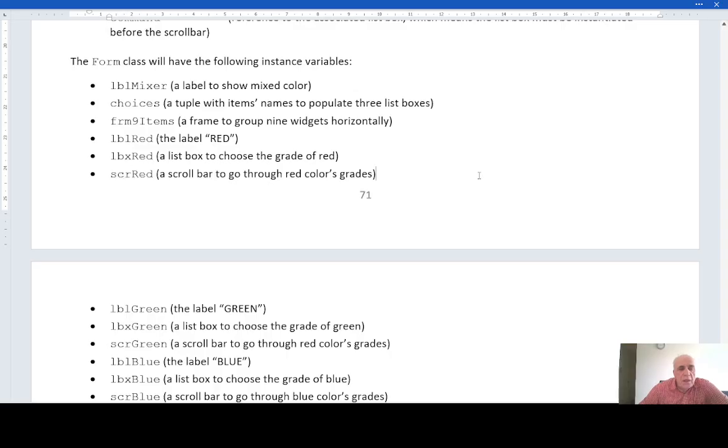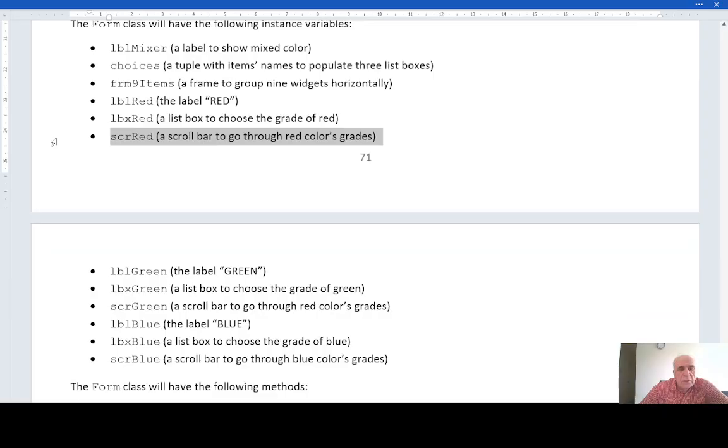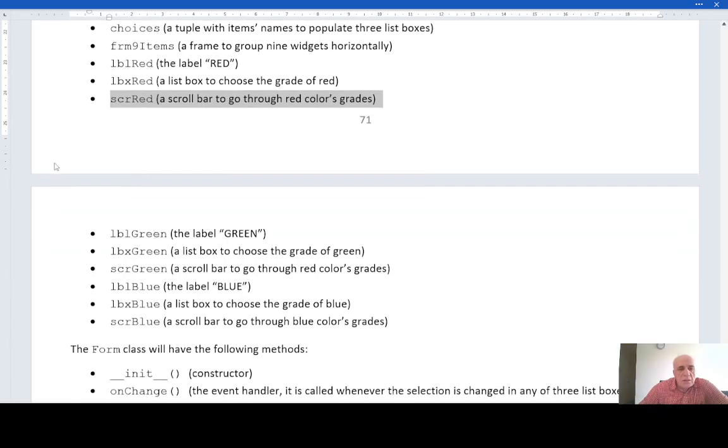So I still have, of course, everything I used to have. My coding is going to be very, very similar to the previous lesson. And yes, I do have new instance variables: red scroll bar, green scroll bar, blue scroll bar,